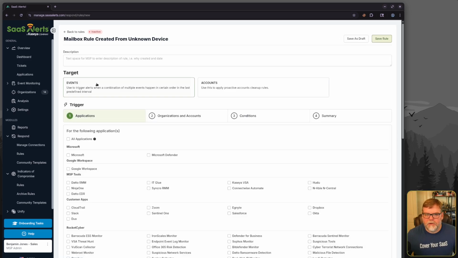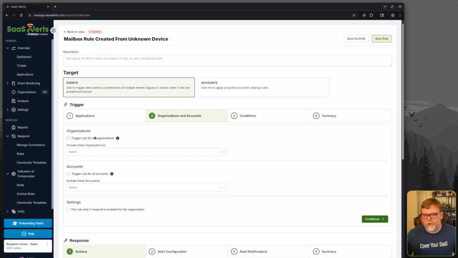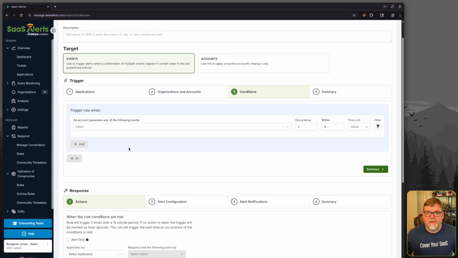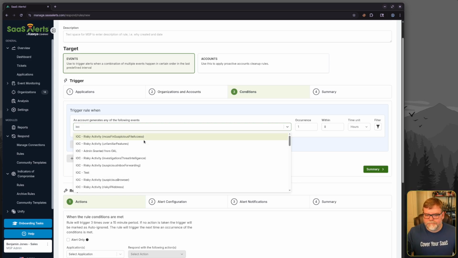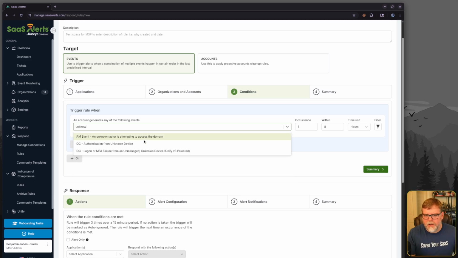All right, I'm going to go ahead and go to my events. I'm going to check Microsoft, and I'm going to go to organizations, check this and this. And now one thing that you can do from here is maybe I want to know if somebody creates a mailbox rule immediately after authenticating from an unknown device that I've never seen before. Not too difficult to do. All we have to do is say, you know what, IOC, and I'm going to say unknown just to find